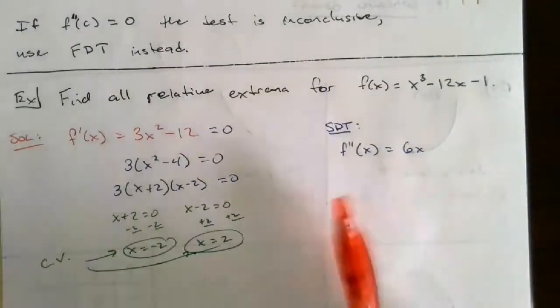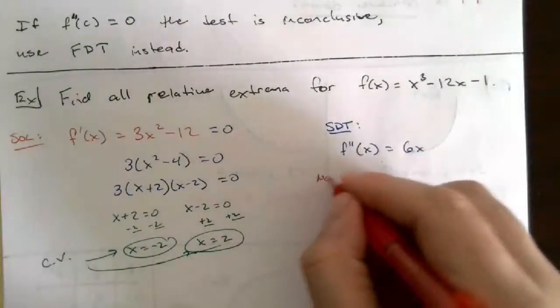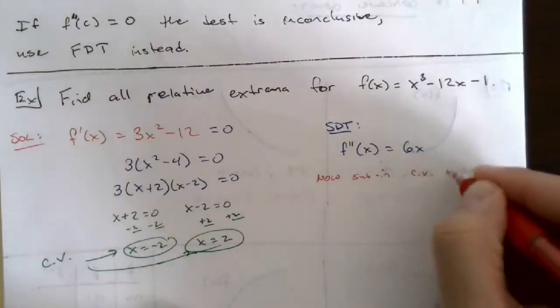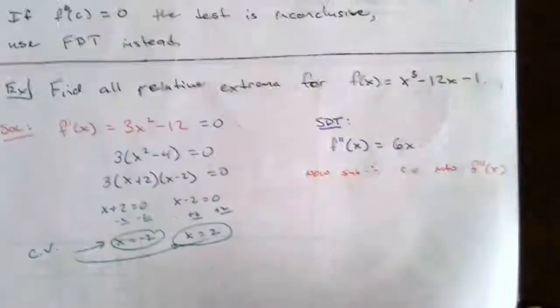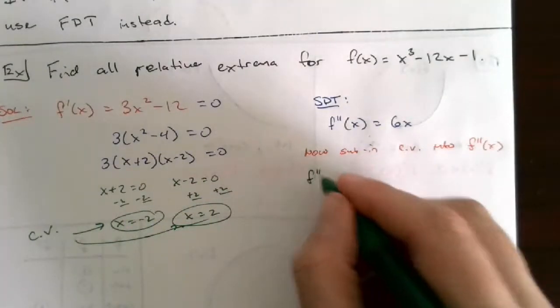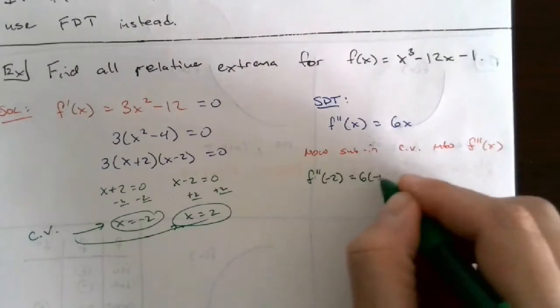Now, you don't set this equal to 0 right here. When we're doing the second derivative test, what I'm really saying is I found my critical values, and now we want to sub them in. So now sub in the critical values into f double prime of x. And we're doing this because it gives us information. So if I sub these into f double prime of x, let's take a look at what happens. If I had f double prime of the first value I got, -2, this would give me 6 times -2,